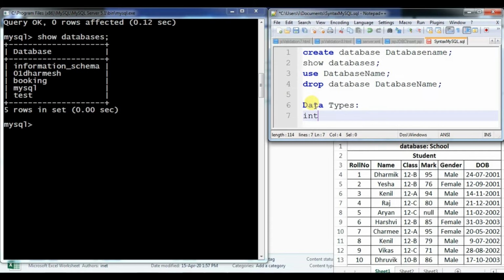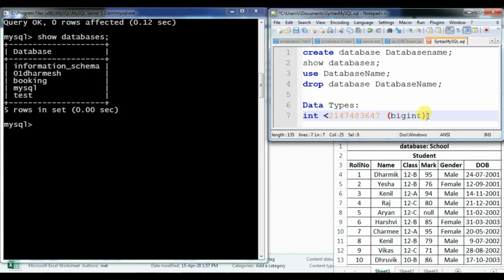Now suppose you want to store any kind of numeric value, then you can go with the int data type. What is int? That is integer format. But one limitation is there. Suppose you have a value that is more than 2,147,483,647. If any value is more than this amount, then you have to go with bigint. Yes, bigint is one more data type to store numeric values. Int is okay if your value is less than this amount, but if your value is more than this amount, then you have to go with the bigint data type.